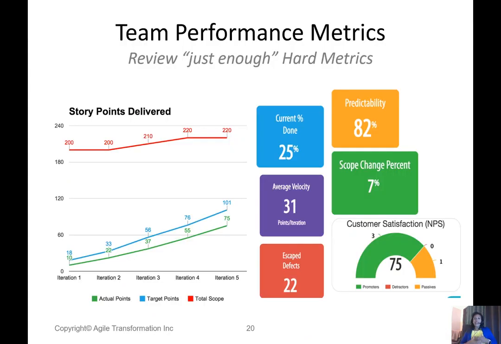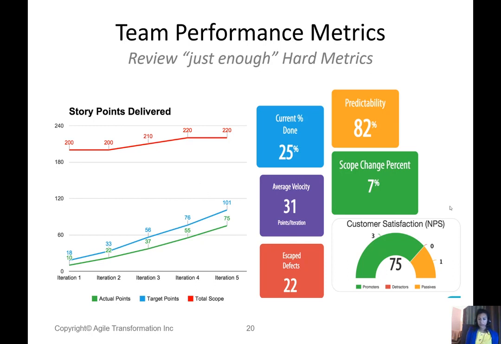For those interested, Agility Health does provide team performance metrics. This is pulling in just enough hard metrics to be able to see a full picture within Agility Health of how your team is doing. It's important to note this should not be used to replace the tools that you have for tracking your work, but rather it's to pull in just enough metrics to get a full picture. So this really should be used alongside whatever tools you have in-house, and there's a lot of integration. So if you have Rally or VersionOne or Jira, we can actually integrate that data in so that it's automatically getting pulled in to show a full picture of how the teams are doing.